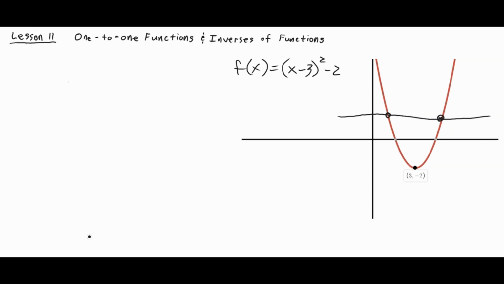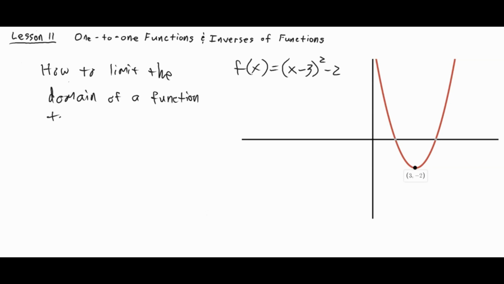But what we can do is change the domain of the function to cause it to be something that is one-to-one. Okay? So what we're going to do here is see how to limit the domain of a function to make it one-to-one. And so just a quick